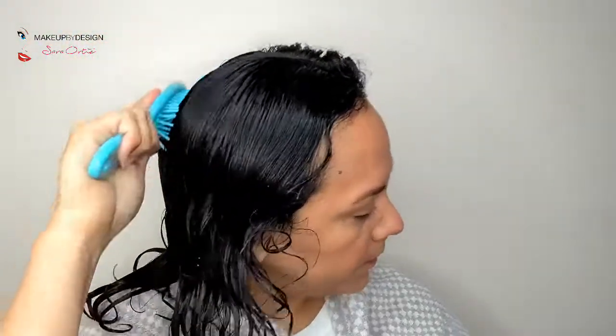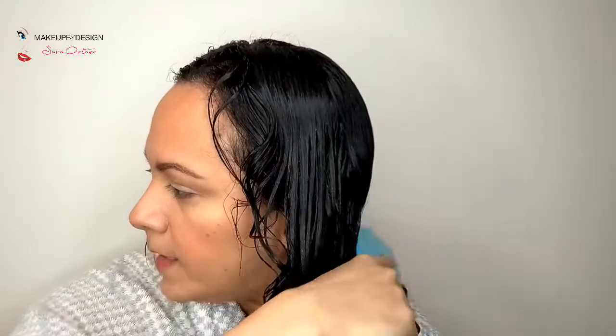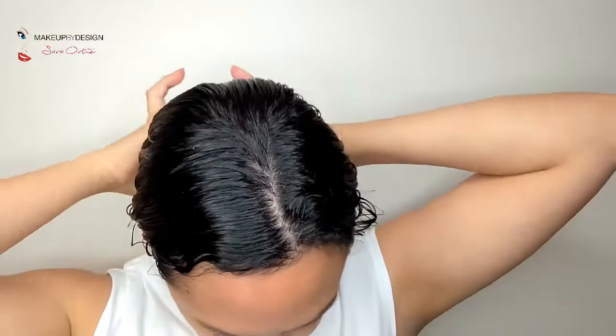As you can see, I'm also brushing the top, and whatever product is left on the ends, I'm just gonna spread evenly to the top. You don't want to apply too much product on the top, since this could weigh down your curls. That's why we concentrated the product from the middle to the end, which are the areas that usually tend to get very dry. Now I will put my hair in a low bun,